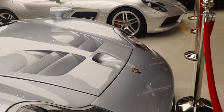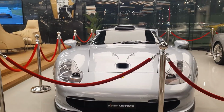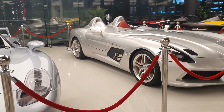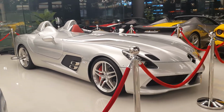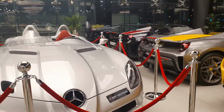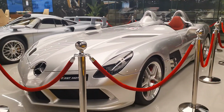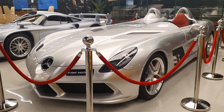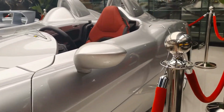I absolutely love it. Now, since I'm here in this showroom, this is here at First Motors. They also have a very strange looking car, and that is this Mercedes SLR McLaren Stirling Moss edition. This is a limited edition model, limited to just 75 units. Of course, I have a separate video of this. So since it's here, just next to this car, I'll just give you an overview of this car. So this has the same engine, but it's tuned to 660 horsepower. It's a 5.4 liter V8,